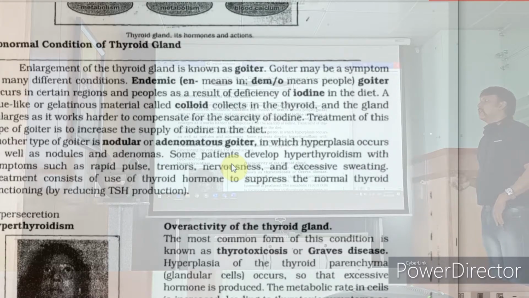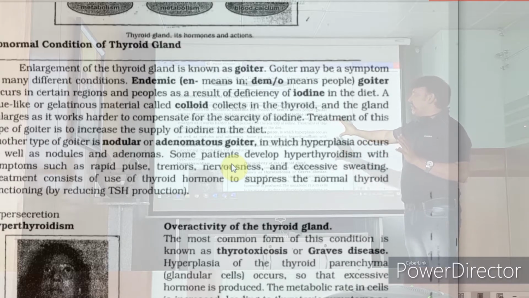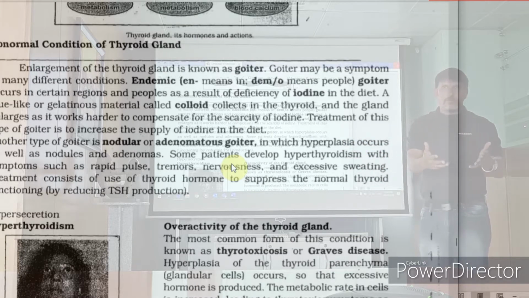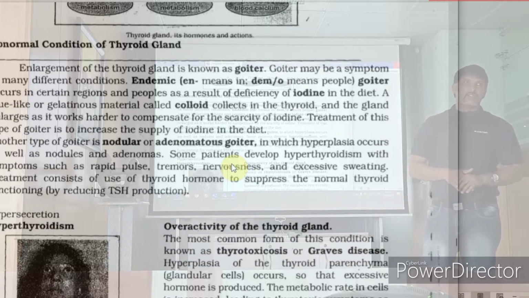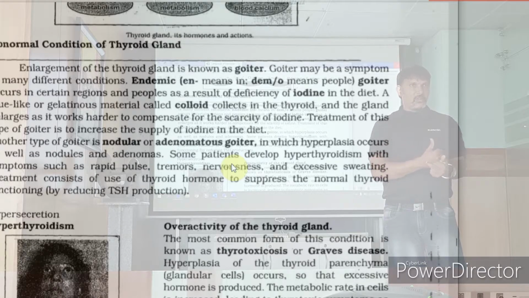excessive sweating will happen. Treatment with thyroid hormone is to suppress the normal thyroid function. TSH should be suppressed. Incidentally, I will tell you. See what's happening here? Excess activity is happening. To treat that, they give excess thyroxine. You know why? It is reverse. What happens is when they give thyroxine extra, the blood level of thyroxine becomes excess.